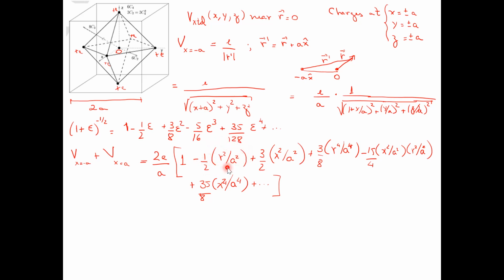Okay, and so the bottom line is that the quadratic term is going to cancel, and essentially I will be able to write down at the end of the day